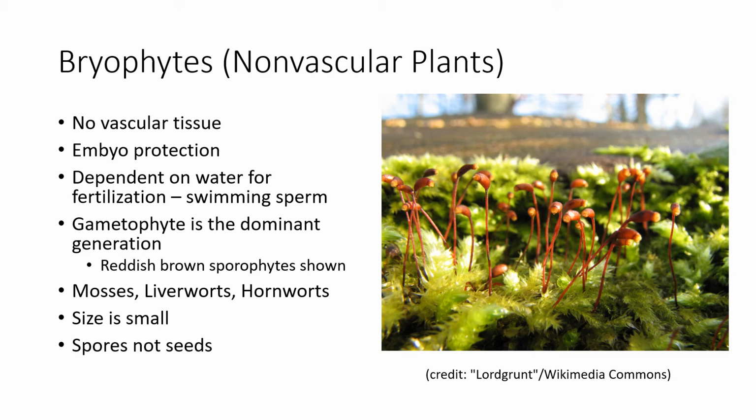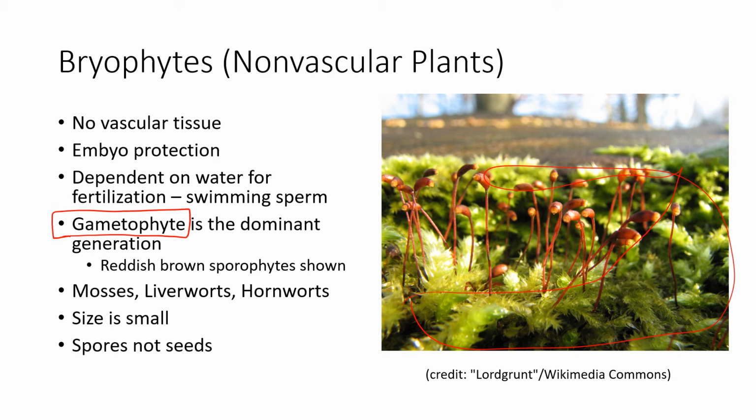Now, this is the only group of plants that the gametophyte is what we call the dominant generation. And by dominant, what I mean by that is when you look at the plant and you say this is a moss, what you recognize as that is the generation we're talking about as dominant. So for example, when you look out on this and you see all the green portion, that's what you would recognize as a moss. And so that would be the dominant generation. And in this case, that is the gametophyte.